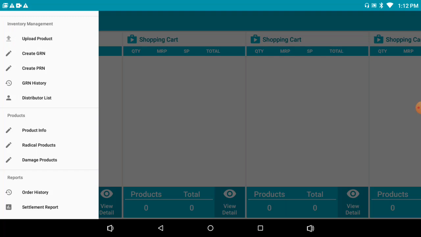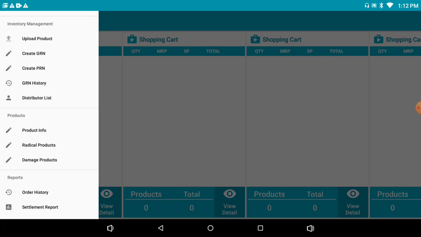The distributor list is a tab which contains the list of distributors for a particular shop. Under each distributor there are different invoices for that distributor. Also we can create a PRN. PRN basically means purchase return note. So whenever a shopkeeper generates a purchase return to a distributor, a PRN receipt is generated.